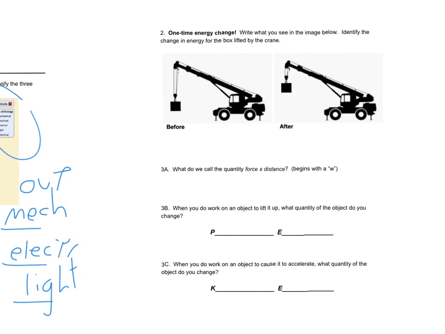I think there's a focus in this chapter on what we would call mechanical energy. So it's taking an object and it's lifting it up to give it gravitational potential energy, or it's taking an object and pushing it to give it a velocity. So write what you see in the image below. Identify the change in energy for the box lifted by the crane. So the box has an increase